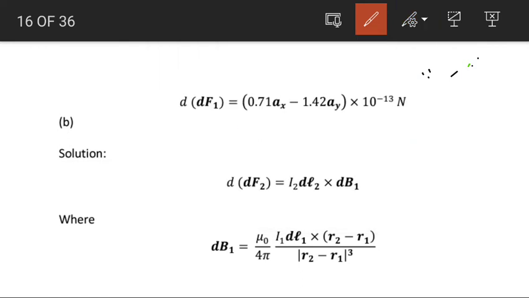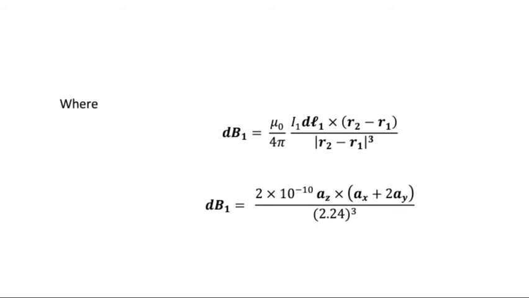the differential force which is experienced by the second differential current element, and this force will be equal to I2 dl2 cross dB1. We calculate dB1 with the help of this particular equation. We have mu naught by 4 pi I1 dl1 cross R2 minus R1 by the magnitude of R2 minus R1 raised to power 3. So let us put the values in this particular equation,